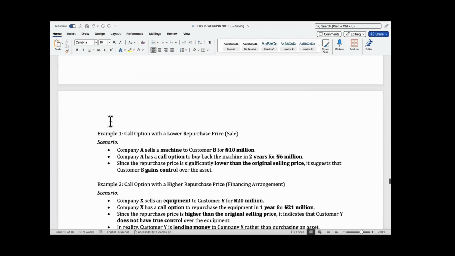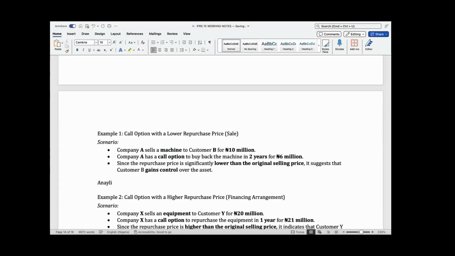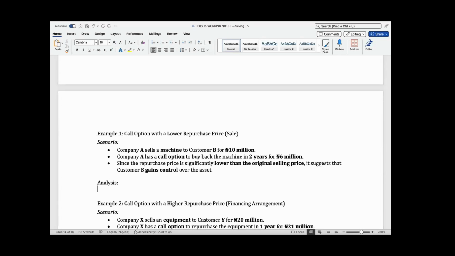And here is a question. Company A sells machine to customer B for 10 million. Company A has a call option to buy back the machine within 2 years for 6 million. So in this case, since the repurchase price is significantly lower than the original selling price, it suggests that customer B gains control. Yes, they have already told us the answer here. So again, since the repurchase price is lower than the original selling price, the transaction is treated as a normal sale transaction,